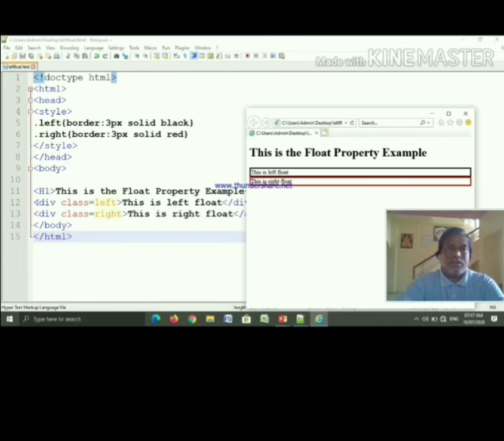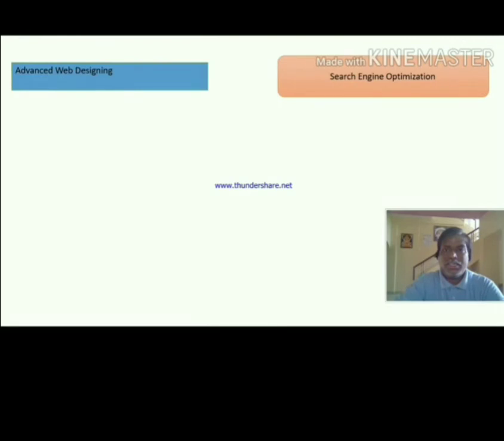Then because of this div, we get the second line with a black border, this is left float, and below it the third line, this is right float. Right now we get these elements at the top and bottom of each other, but we want these elements in this way, one here and one at the right.